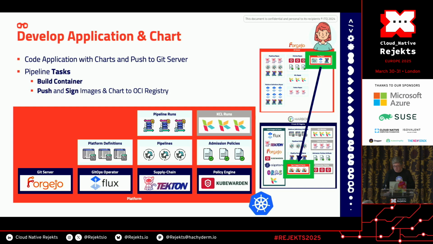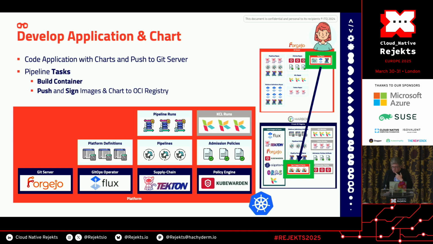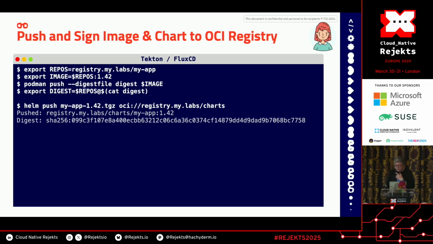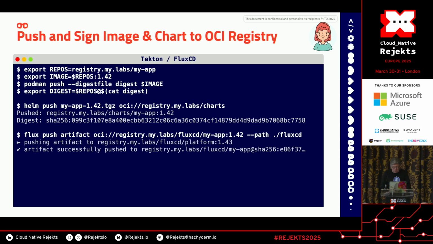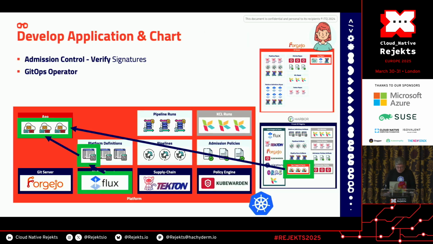As a usual developer, you already know that you can use it to code and develop your environment, create a chart, etc. And the pipeline that will run there will push and sign the configuration required to deploy this application, then the chart, etc. And you can use the command you already saw at the beginning of the presentation, and then sign all three, the binary, the image, the chart, and the configuration to deploy the application inside the OCI registry, and sign all three with cosign sign.